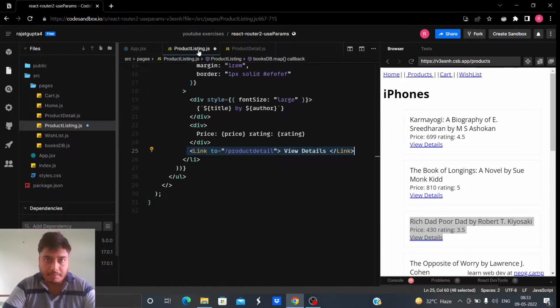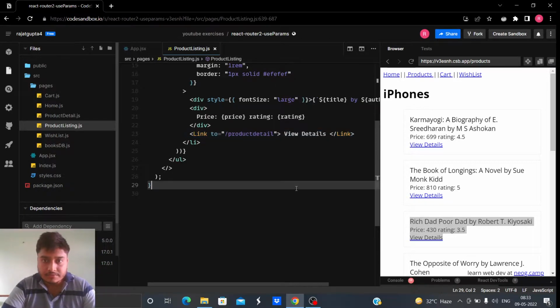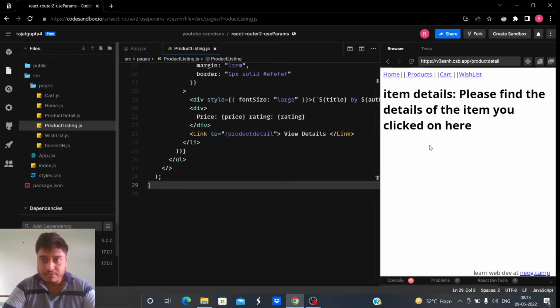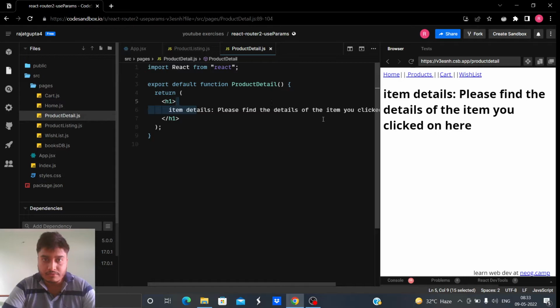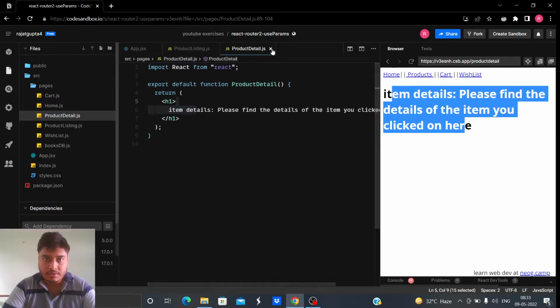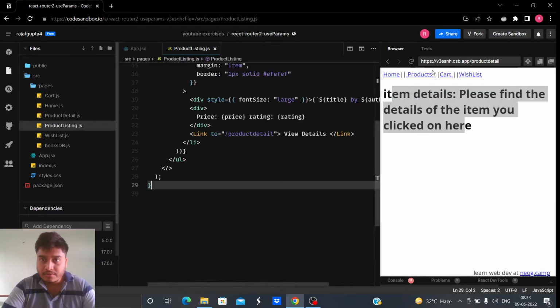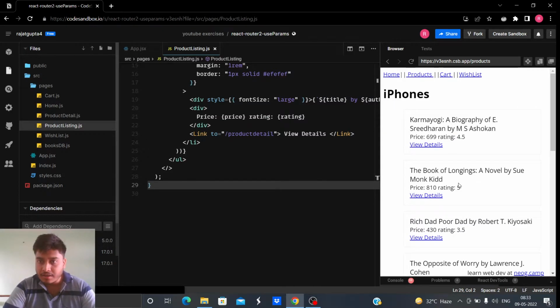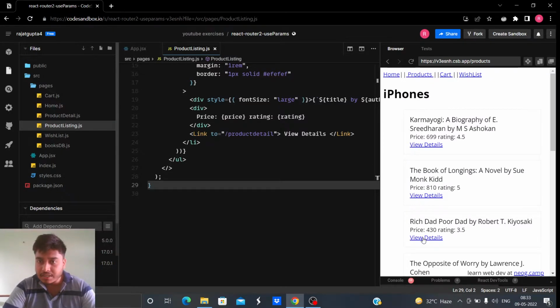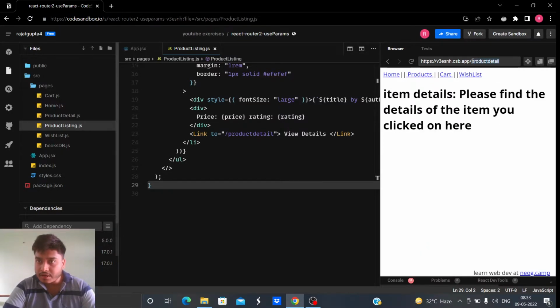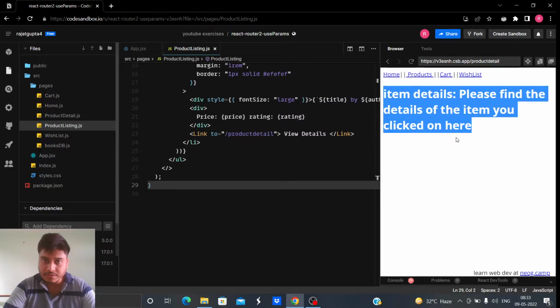But what happens in this case is, every time I click on view detail, it will go to the same page, this product detail page, and here it is written. So we are getting the same in the view also. That's logical. Every time I click on this, I'm getting to the same URL. You can see this URL also and this view also, we are getting to the same page.